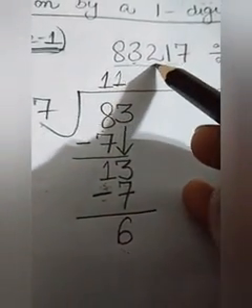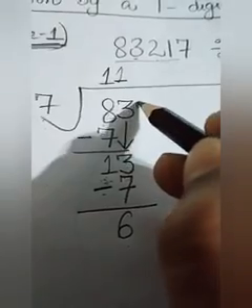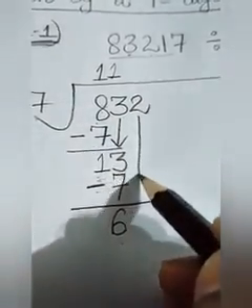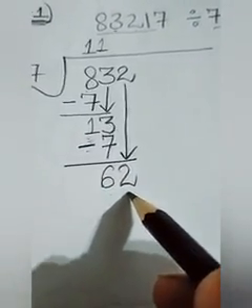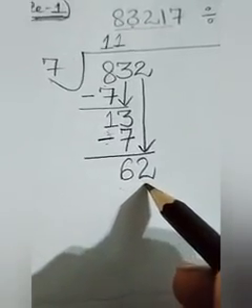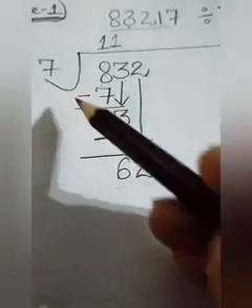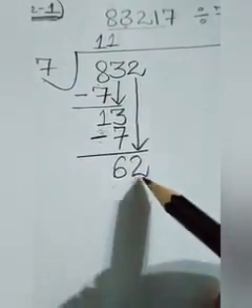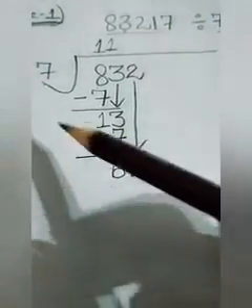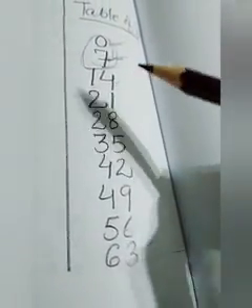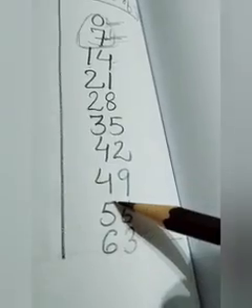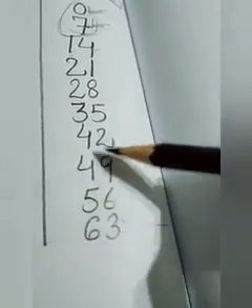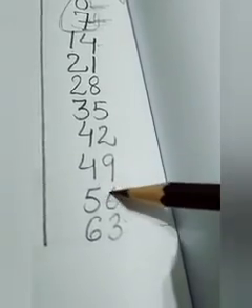Now see the statement, what is the next digit? That is 2. We will write here 2 and this 2 will be written with this 6. Now it has become 62. Now 62 will be divided by 7. Now we will observe the table of 7. Yes, under 62, which numbers can be written? 0 can also be written, 7 can also be written because all these are less than 62. Means all these numbers can be written under 62.